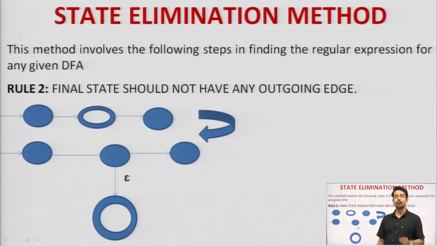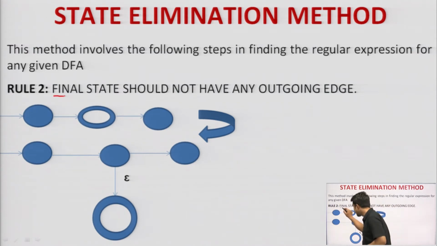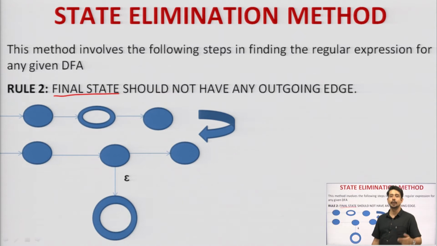Next slide says rule number 2. Now, rule number 2 is about the final state. The initial and final states are the two states which are very, very important during the entire operation. We cannot neglect either the initial or the final. That is why we generally extend this diagram in such a way that finally, we are left with the initial and final states separately, with epsilon transitions, and the other states are deleted one by one.